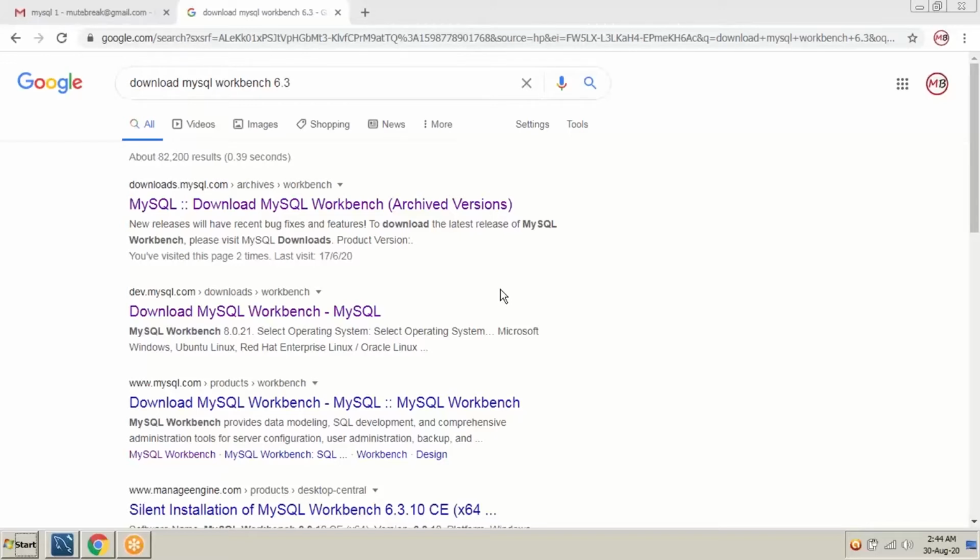So to use MySQL in your system, you can install either the WAMP server, in which you will get PHP, Apache, and MySQL, or if you want to work only on MySQL, you can just download MySQL Workbench and start the working process. The link will be provided to you all through your mail, or else you can download the version of Workbench compatible with your system. I'm using 6.0 in my system.